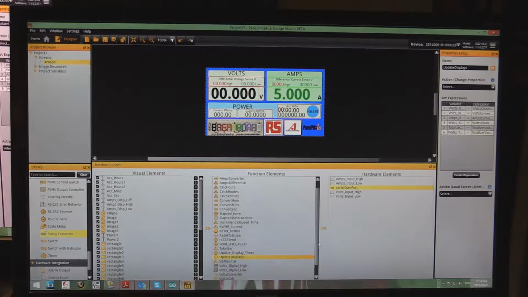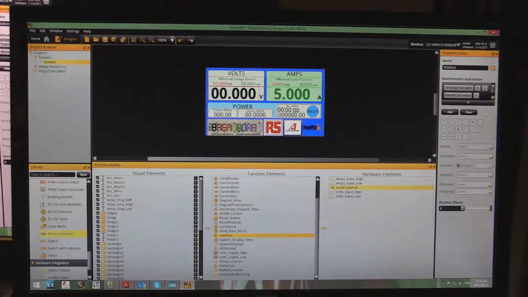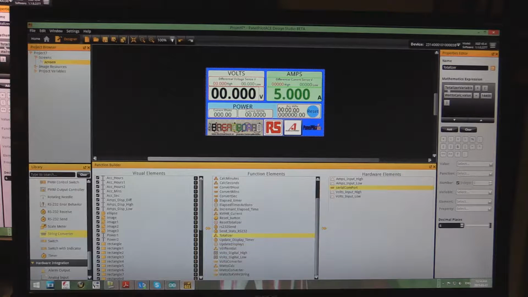Now the totalizer, let's go look at that one for the moment. There, totalizer, that's the math function. If you look at what this is doing, what it says is totalizer variable plus open brackets the watts calculated value, so that's our instantaneous watts, and it's dividing it by 14,400. Now that is equivalent to an hour, and because I'm doing 4 samples a second, it's basically 3,600 multiplied by 4, which gives us